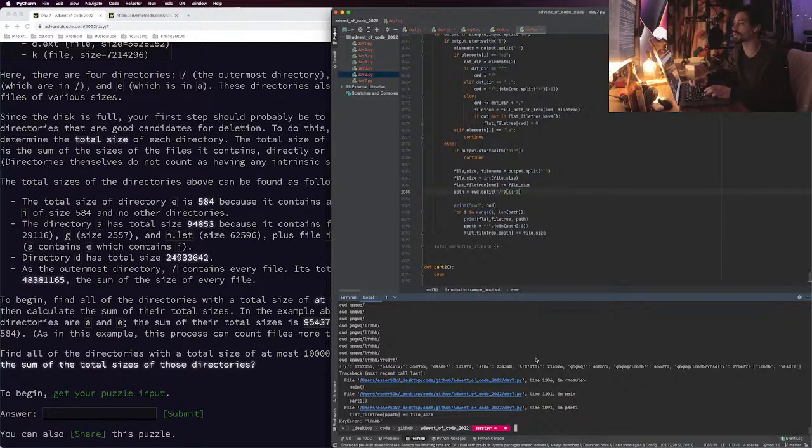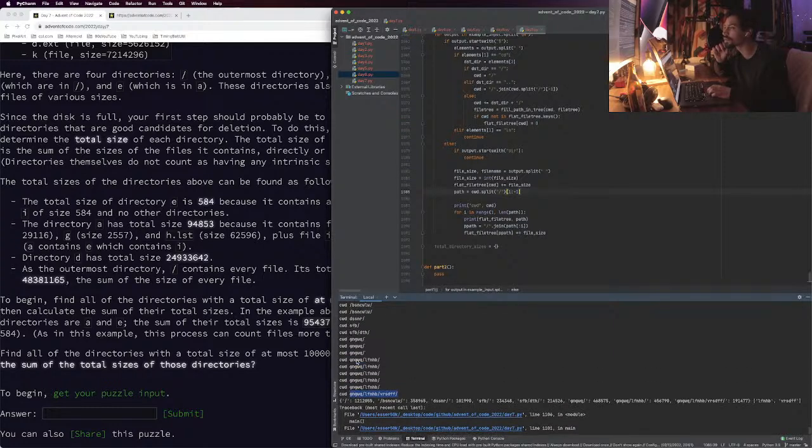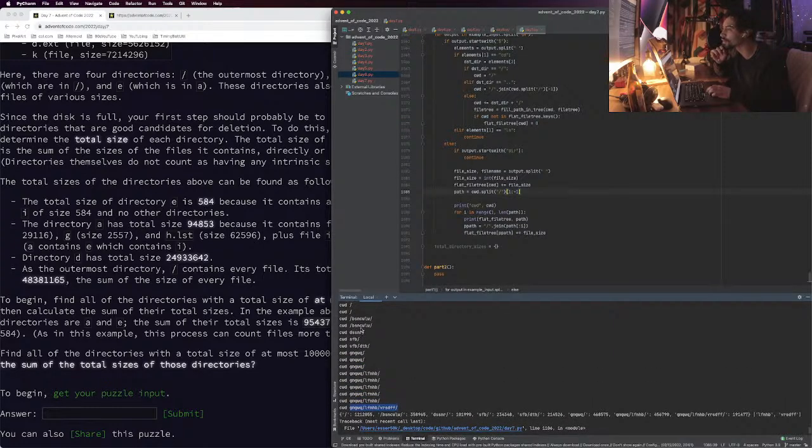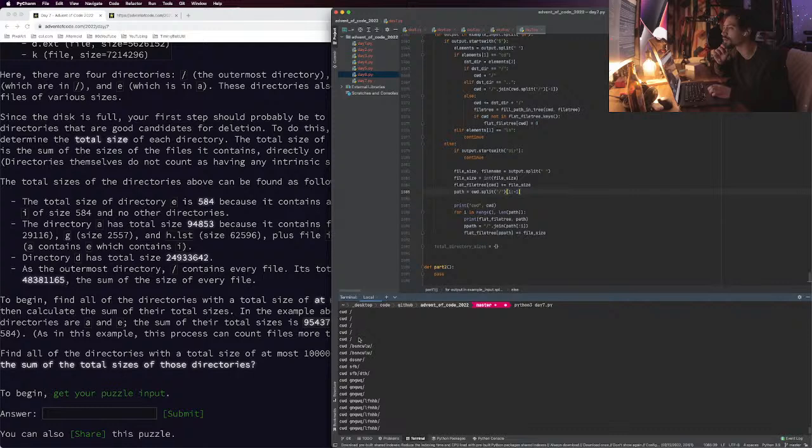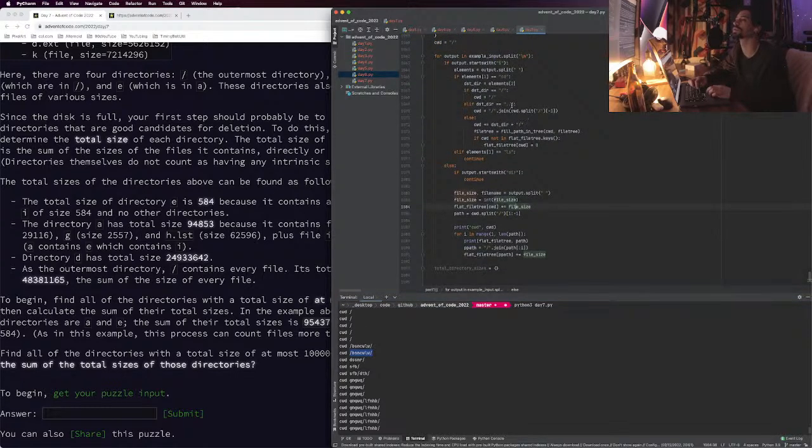Oh, it's already messed up less. So this is not possible, or should not be possible. So it was here, and then when we move back to root, but this is where we mess up. So